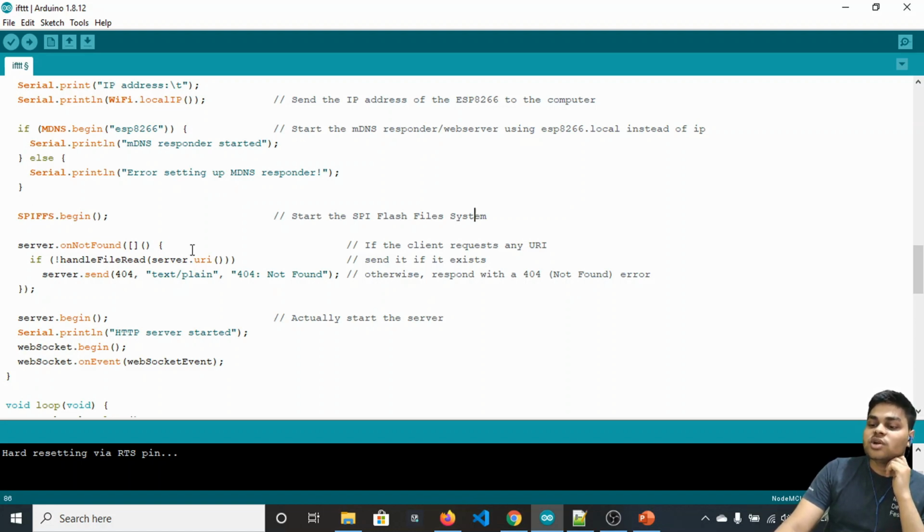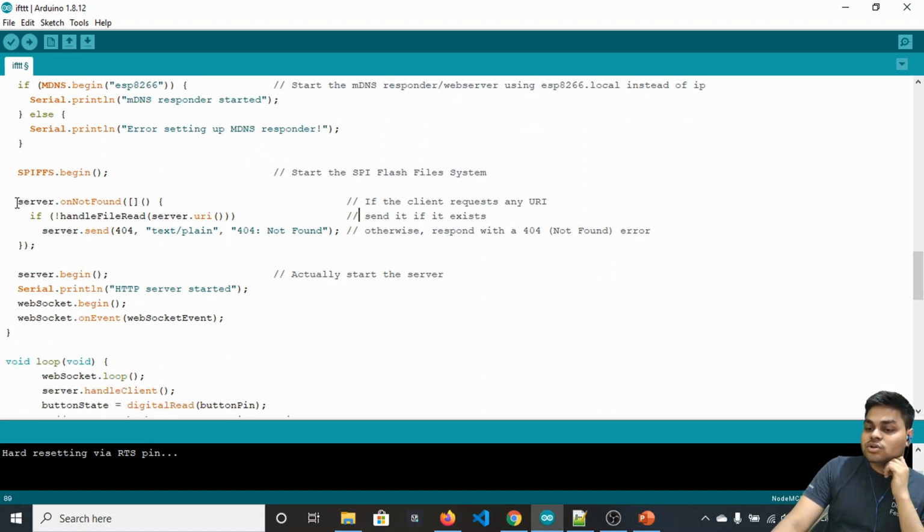So writing the whole HTML code in this Arduino sketch would be very painful, so I have written that code to the file system of the ESP8266, and we are fetching that code as the web server loads, or when we make a GET request to /. So in here we are making that request first. If nothing is found, we are making a handle file read,